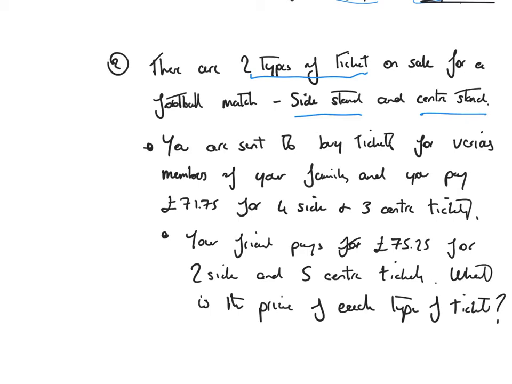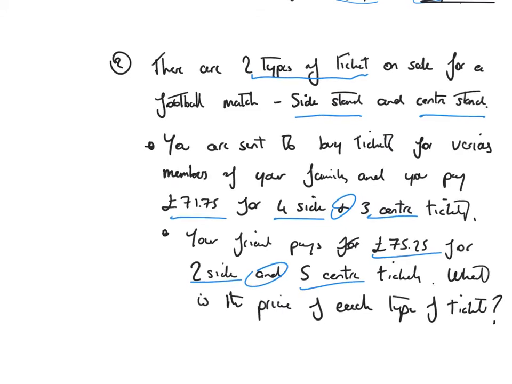So I would think that these are probably different pricings for side stand and centre stand. You're sent to buy tickets for various members of your family and pay £71.75 for 4 side and 3 centre tickets. Your friend pays £75.25 for 2 side and 5 centre tickets. What is the price of each type of ticket? Okay, so